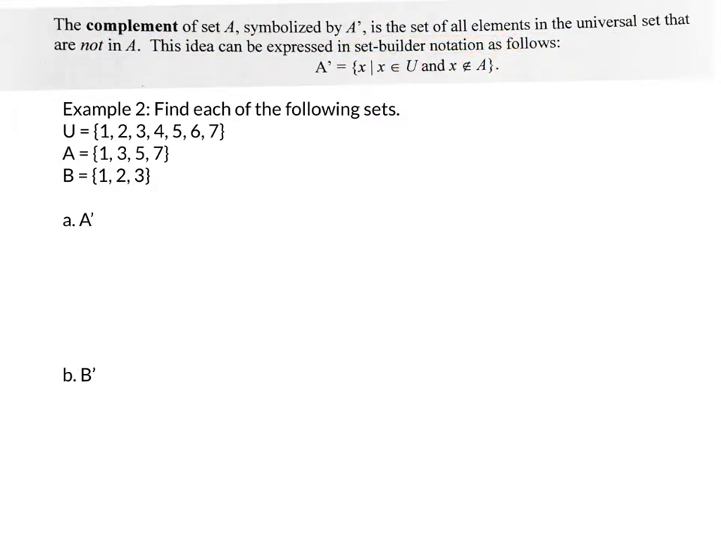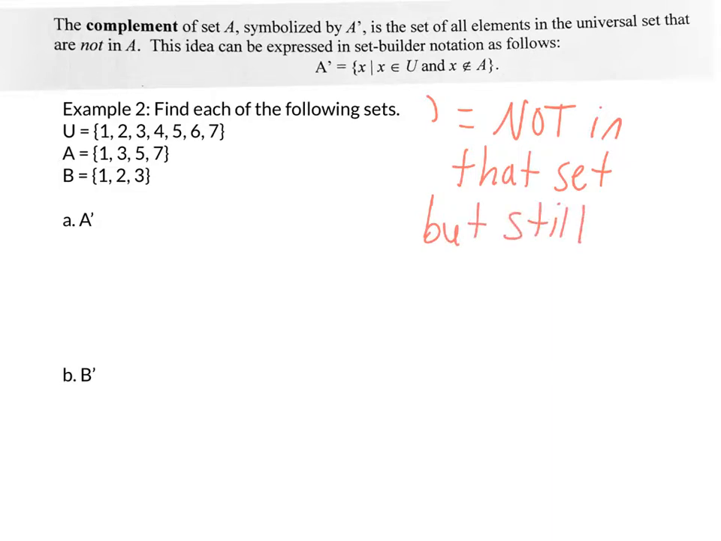So my memory trick, whenever I see that apostrophe, I'll put apostrophe equals. It means what's not in that set that it's attached to, because it doesn't have to only be attached to A, like in the definition here. So it's not in the set that the apostrophe is attached to, but still in the universal set. Because remember, the universal set are all the possible answers you can have by the end of the question, but still in